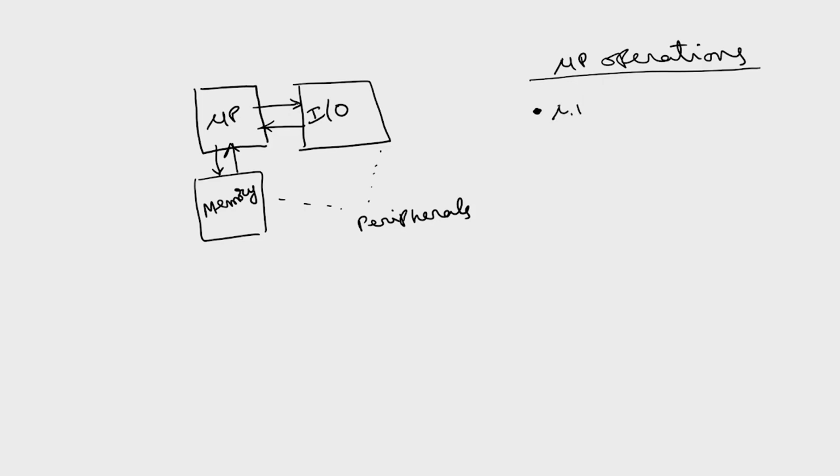There are some operations which will be initiated by the microprocessor itself. I will discuss each operation in detail. Second one is the peripheral can initiate the operation, or there are some internal operations,